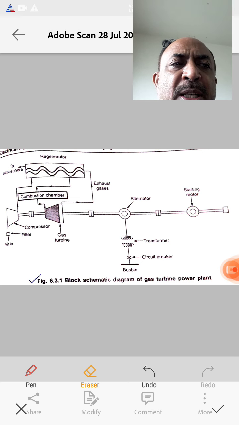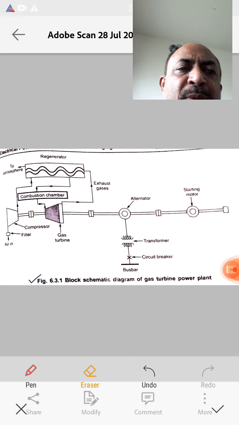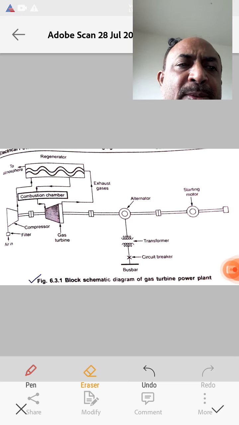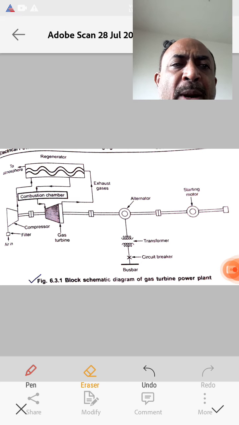Heavy foundation and structure are not required, and installation of the plant requires very less time. It requires very less space. Lubrication of the different parts of the plant is very easy.